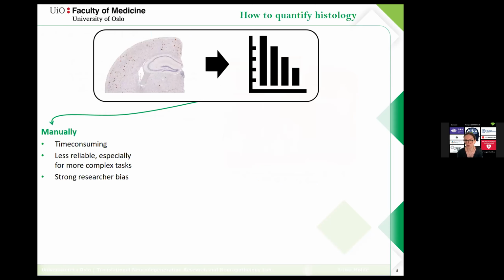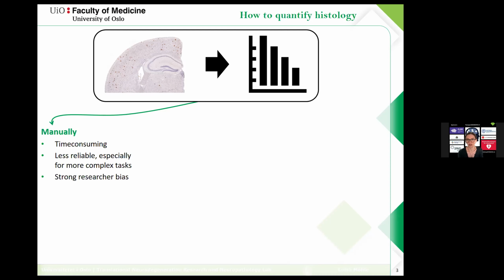So how do we quantify histology if you want to get from a nice histological image to a graph with bars and numbers? Of course, the first thing that people did was quantify manually. This is very time consuming. Imagine you're having to count all the brown dots on this slide. It is also less reliable, especially if you have more complex tasks where you don't only want the number, and you have a very strong researcher bias because it will depend on who counts the brown dots in this example,